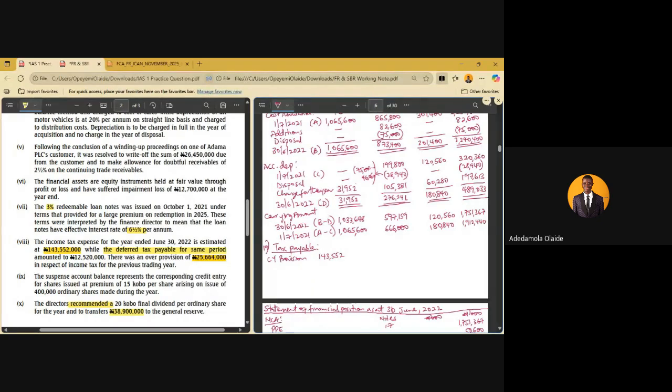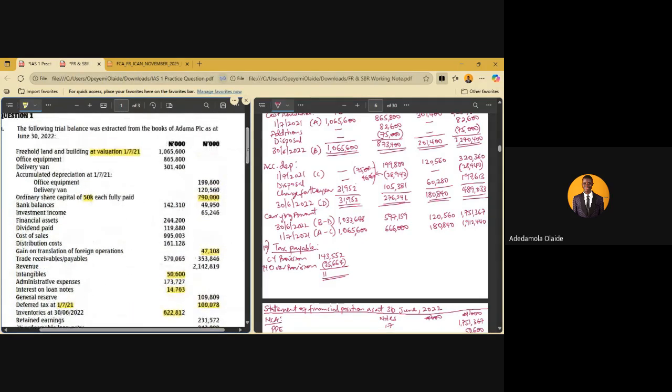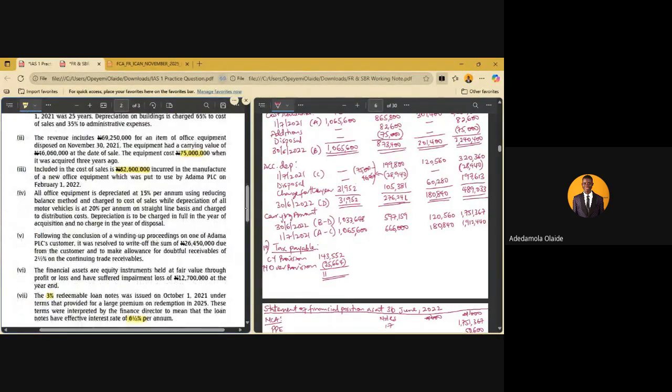143,552. Then over provision in the previous year, 25,664. Because you see, the assumption we will use here, or let me say the explanation for this, will be that since they did not recognize that over provision in their SOPL, then the best explanation for it will be